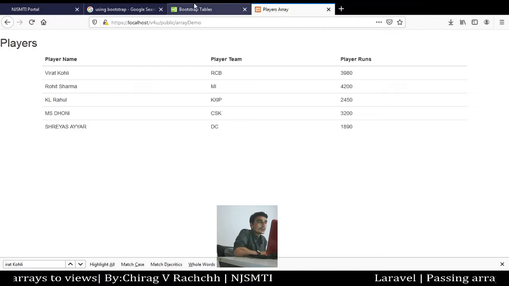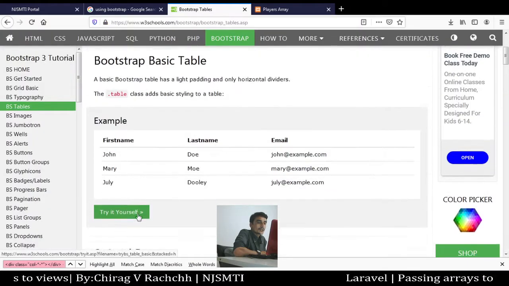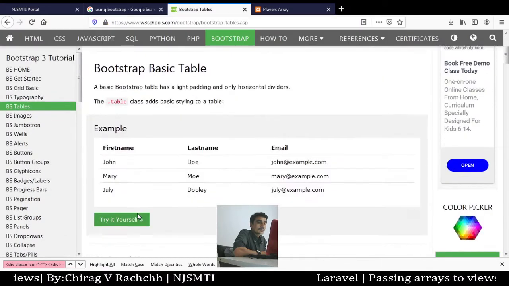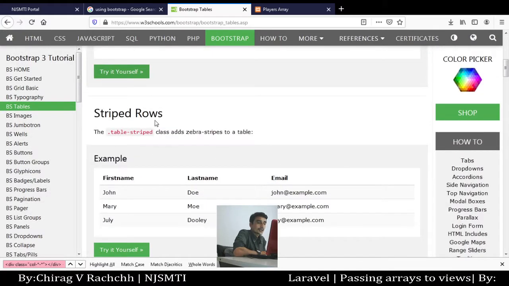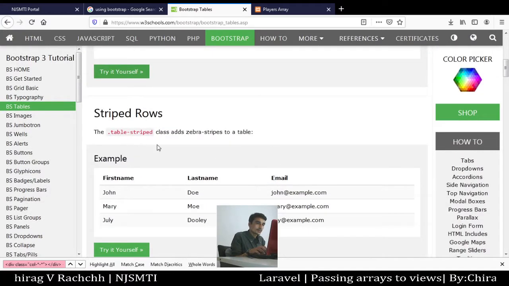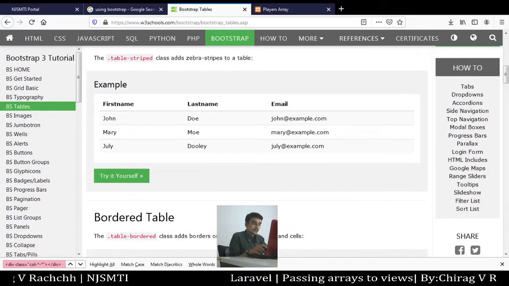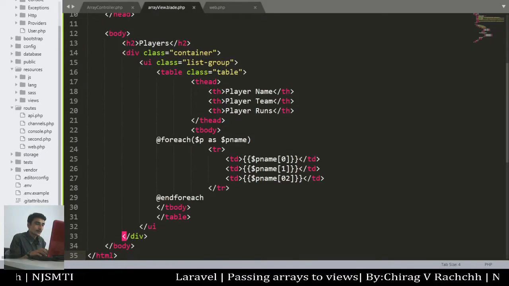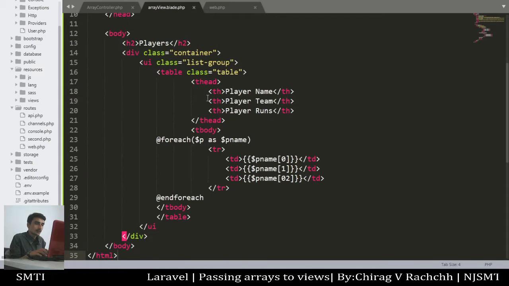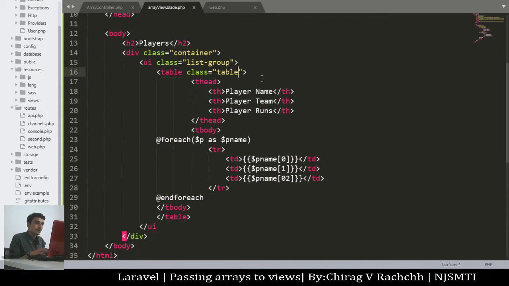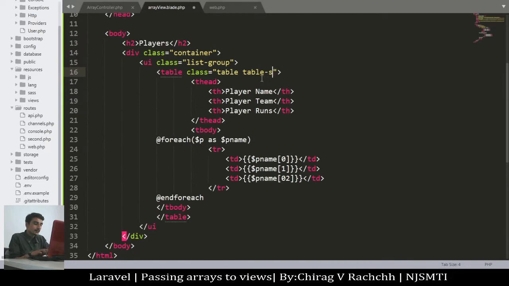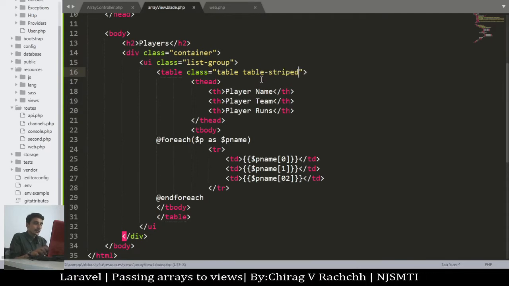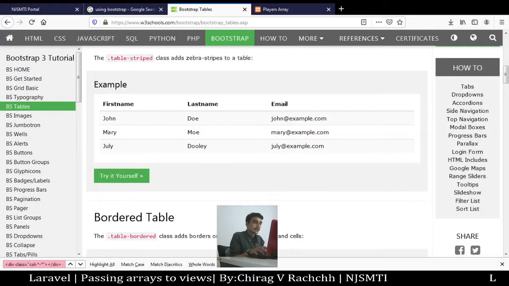Still we can have different types of tables. You can see here there are tables. It was a basic table. We can have striped rows. How? Just write here class equal to table, then table-striped. Go to the browser and check it.